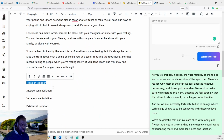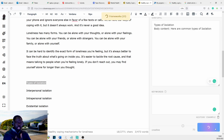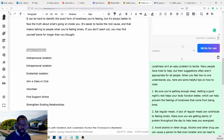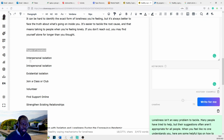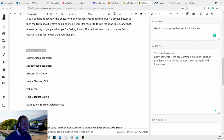Types of isolation. And what you'll find is that as you carry on with this, okay, this is good that this is happening actually. So you can see I'm trying to force it to give me some common types of isolation. I have some examples here: interpersonal isolation, intrapersonal isolation. I was hoping it would just carry on and give me more, and this is the power of using this process. I can now actually put this in here